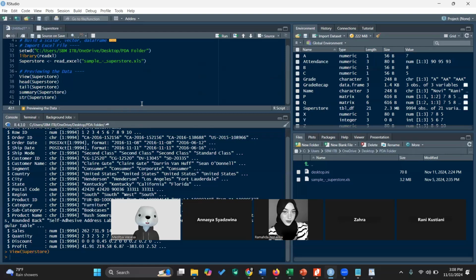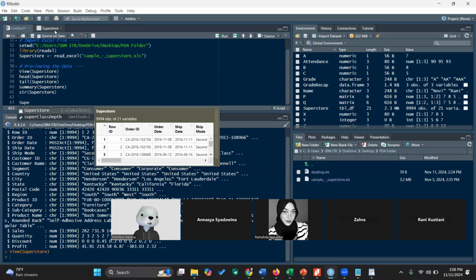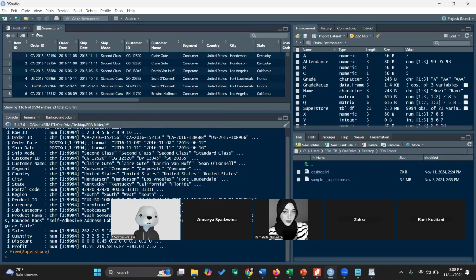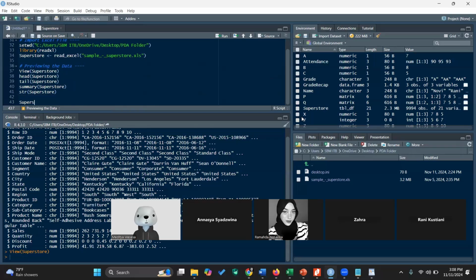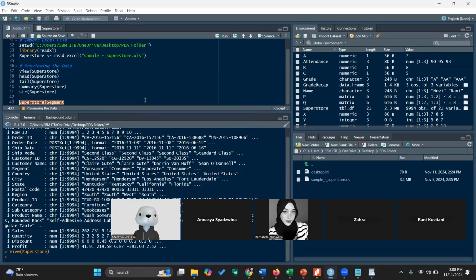For example, maybe segment, the easy one. Superstore, dollar sign, and then segment. If you run it, I will clean the console first.